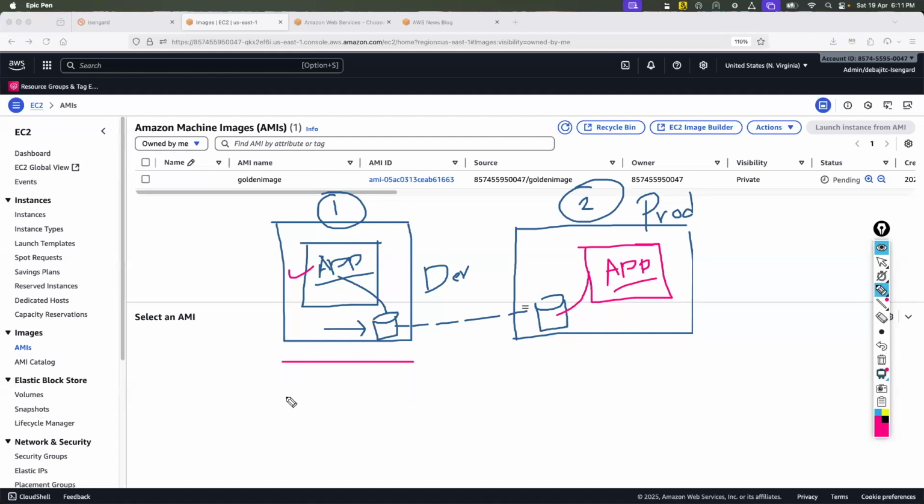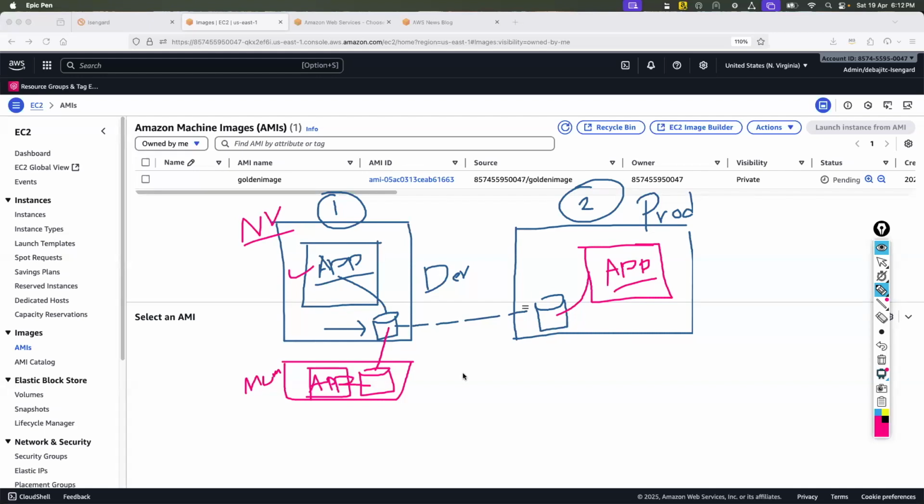Let's say this is the North Virginia region and this is the Mumbai region, in the same AWS account. This approach will also work region to region, and from there you can create the application. So it supports account to account and region to region as well.